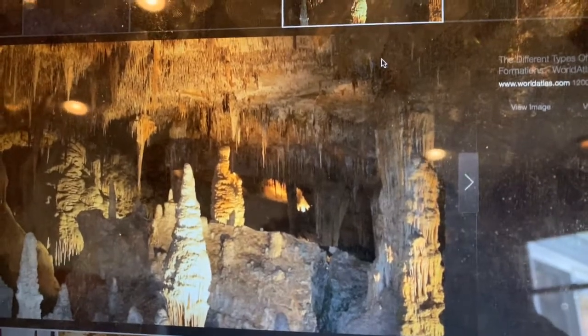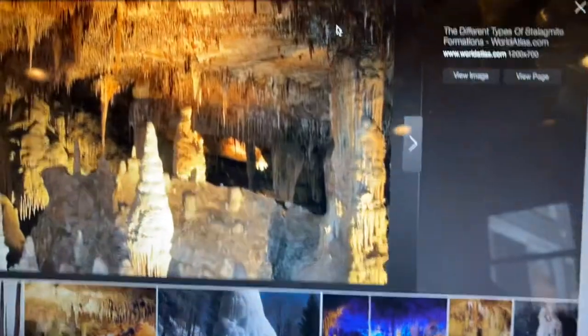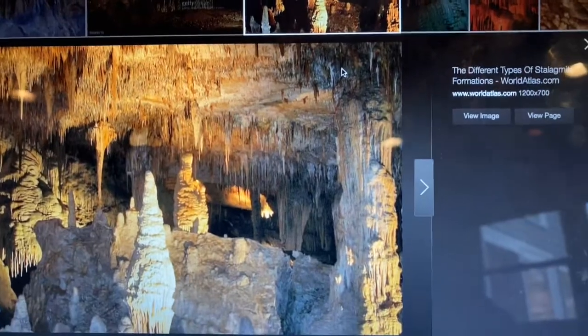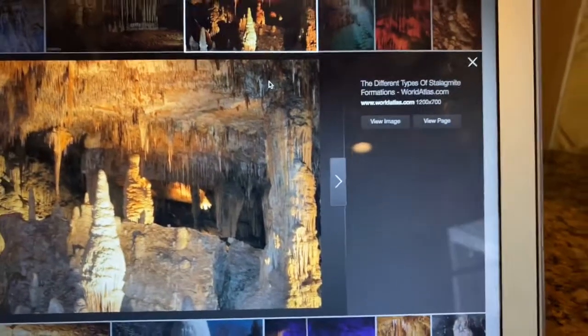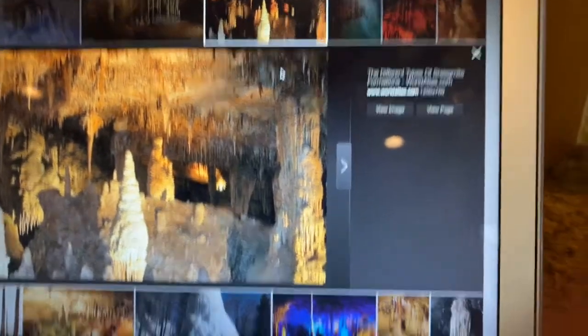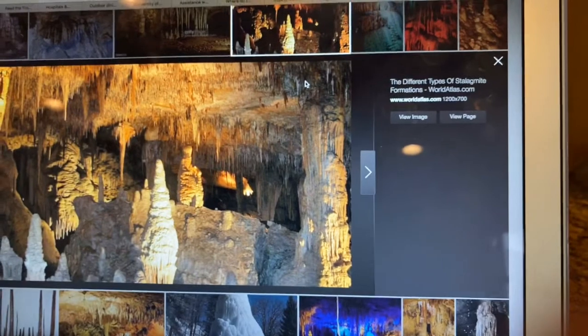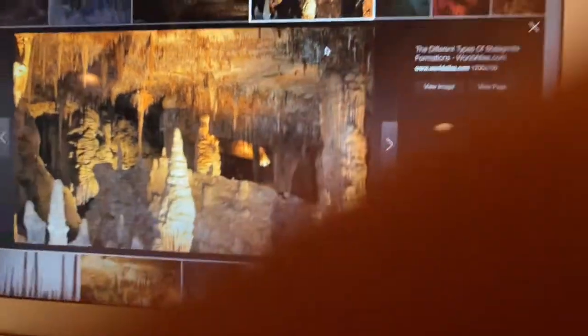And the way this is formed is when water drips down from in the ground and goes through the dirt until it reaches the layer of rock, and it flows through the rock because the rock is porous. It can absorb the water. And kind of like if you were to stick a dirty towel on and let water flow through it, the water that comes out on the other end